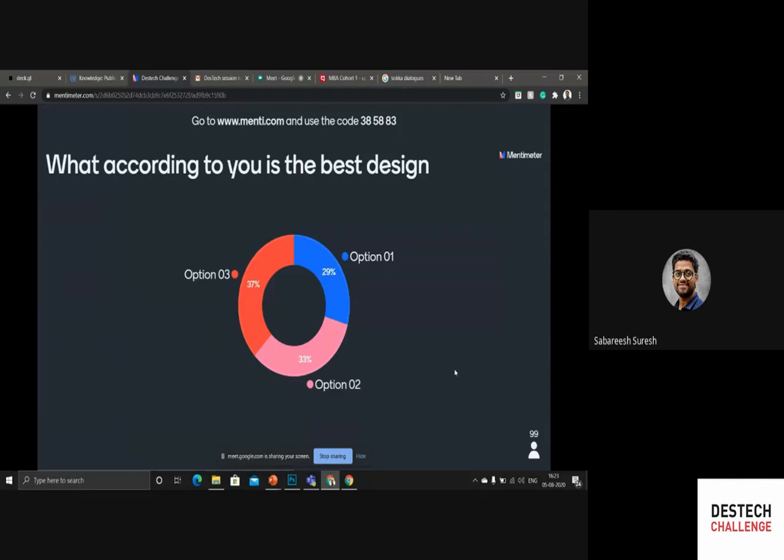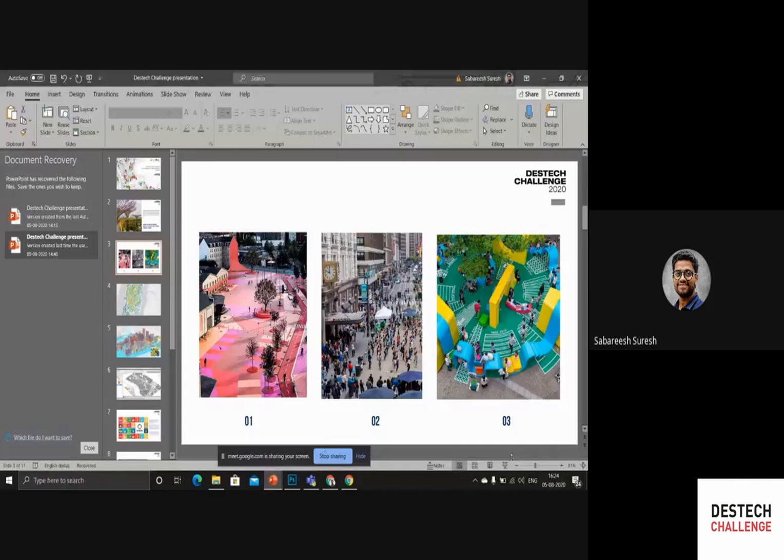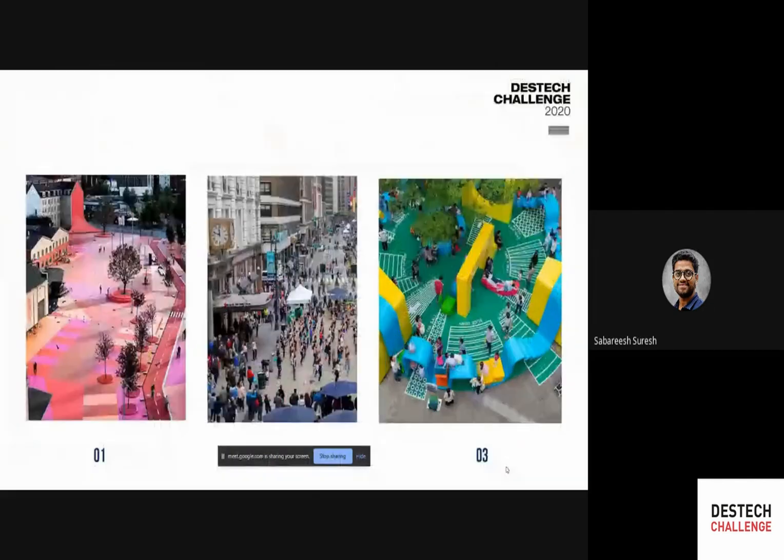All right. So I think what we get to see is that, yes, all three are public spaces. There are differences in the way people perceive them, and this is exactly what I wanted to bring about. All three spaces are good in their own ways, and we prefer something over the other. But as a result of the exercise, I'm able to bring in some sort